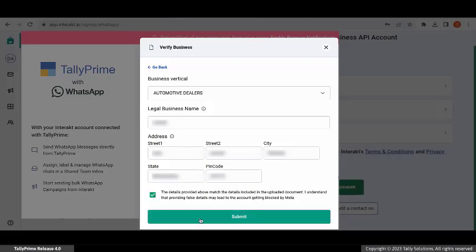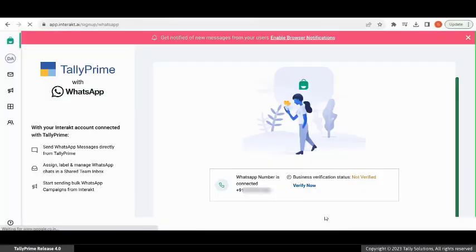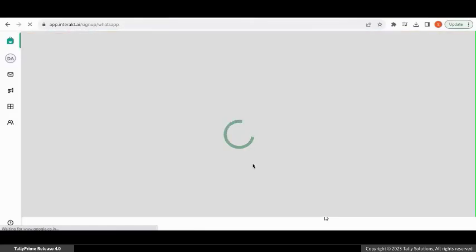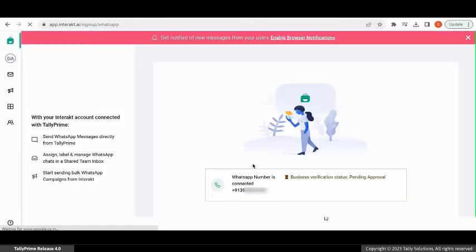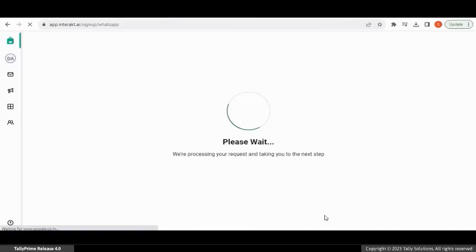Select Submit for verification. After submitting the document, Meta starts the business verification process, which is expected to complete in a few minutes. However, in some cases, the verification might take up to 12 hours. If you have opted to sign up through GSTIN or UIN for business verification, you will receive a message confirming that your business verification is successful. Once your business verification is done, you can start sending unlimited number of messages daily. If your business verification remains unsuccessful, you will have up to 20 days to do the verification again with the correct legal business name and address.